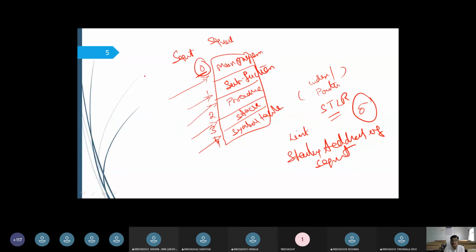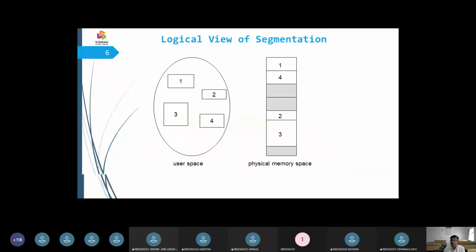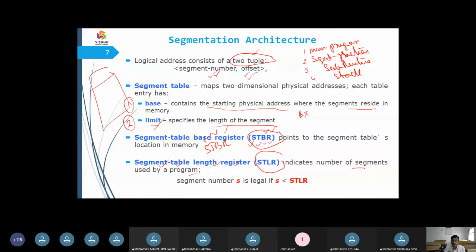I have the segment table base register, which I call STBR. It is going to hold the base, that is nothing but the starting of the segment. So we are going to put it in STBR. Now you should have a glimpse of how we are going to represent the user space and thereby how we are going to map these contents here.